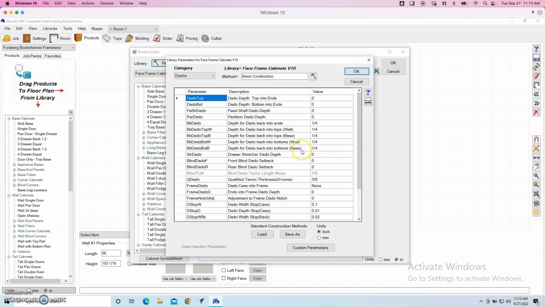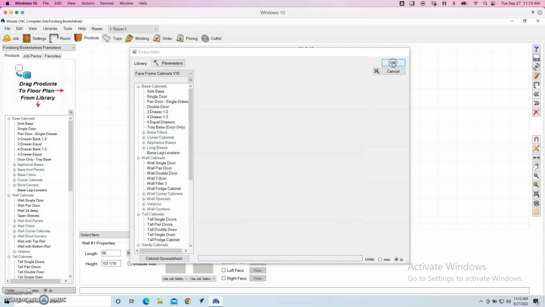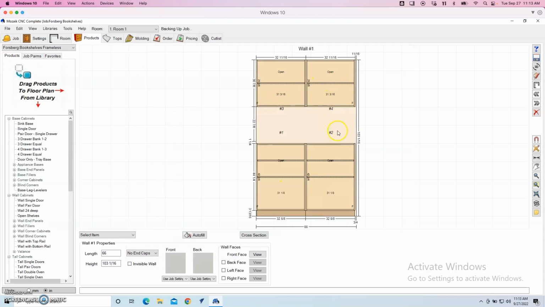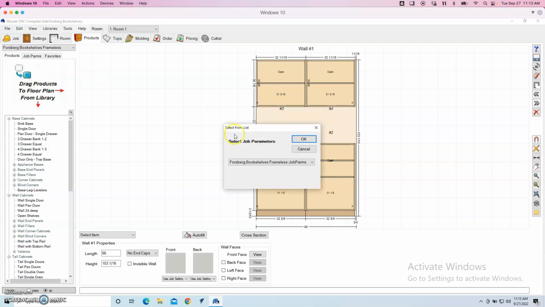And now we want to apply those changes. So in our global library, those are updated. Now we need to apply it here in the job. The way that you do that is you go to Edit, Job Parameters, select the active job parameters, hit OK,